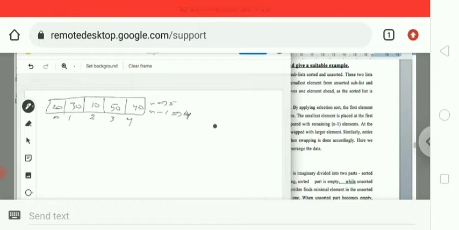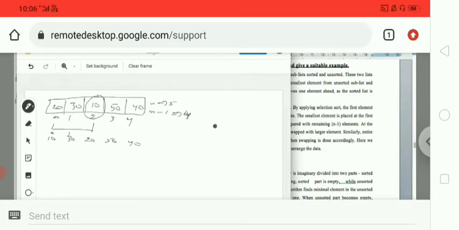In these 5 elements, 10 is the smallest element and it is located in the second position of the array. Now I have to swap this element to the starting position, that is the 0th position. After swapping, the elements will be arranged like this. So the smallest element is stored in the starting position, that is the 0th position.